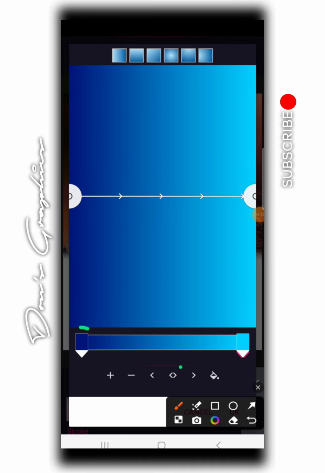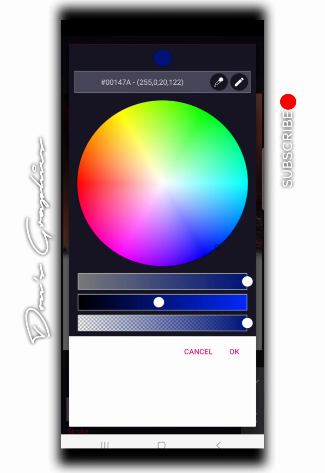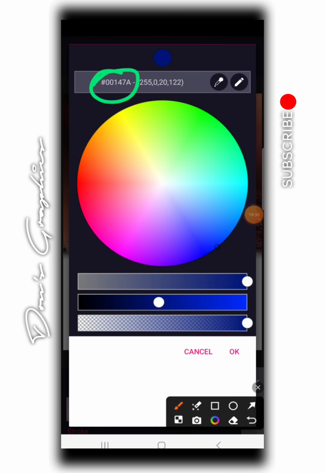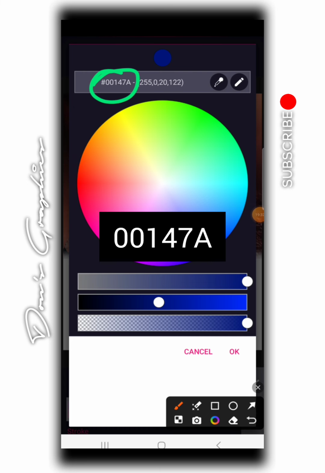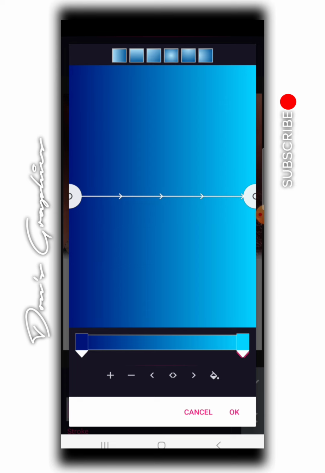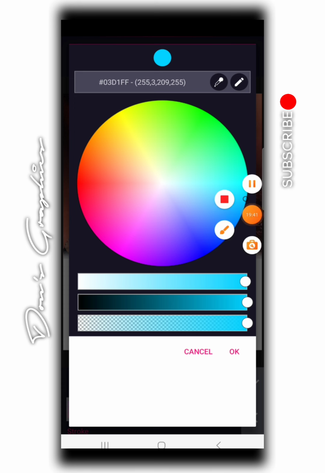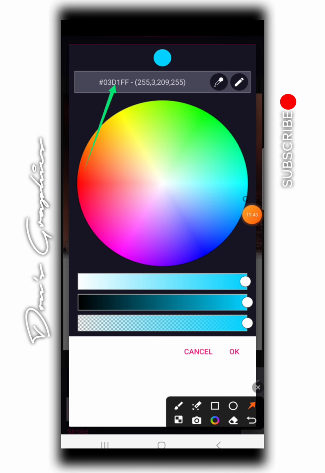Let me first of all show you guys the color codes, in case you want to replicate this. For the blue, it's a dark blue, or the light blue, sorry. We have 00147A. Then for the lighter part of it all, the color code is pointing right here,